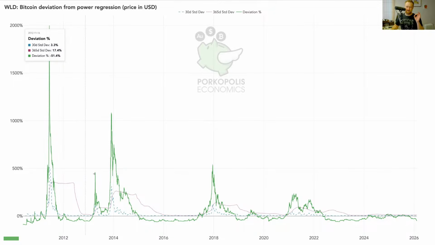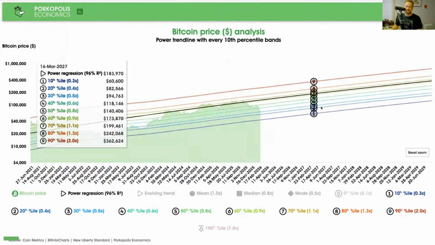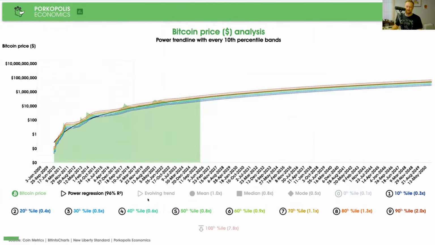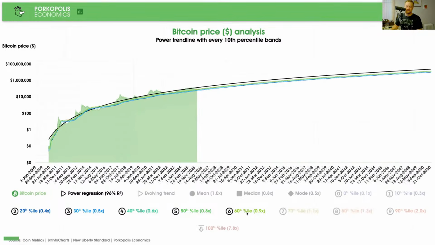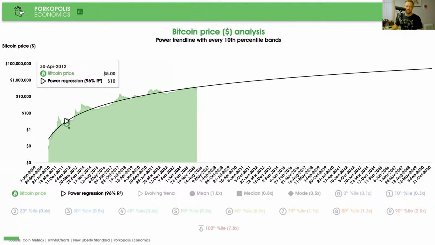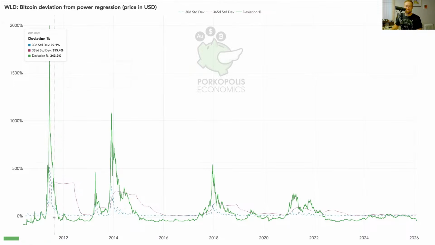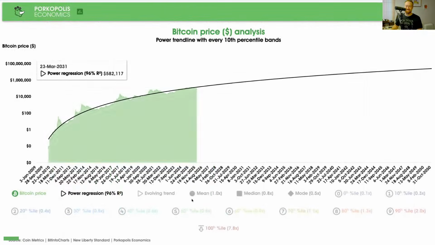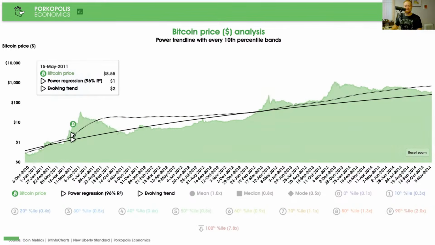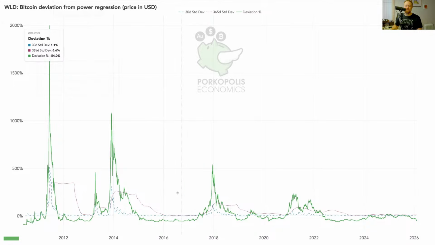Although the slight warning, and this is why I show you guys all the time, this is back to the old Regapart, the difference between evolving and actual. So these deviations I'm showing you are here, but this actually didn't exist at the time, this line. It was even higher. So again, that's another chart that I can do, but it's just a lot to go through. So the actual trend was not as high, the actual multiples like here. But if you go deviation from the trend, you'll get a very high percentage.